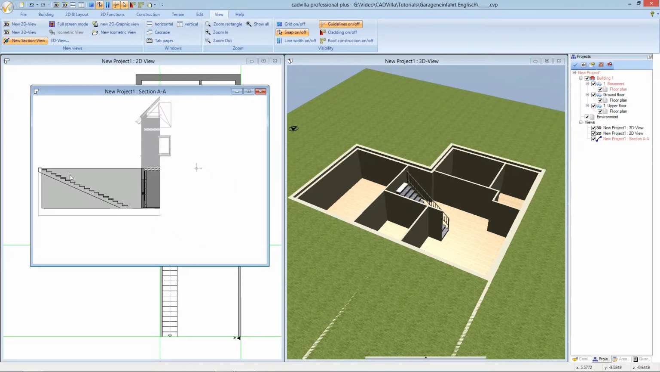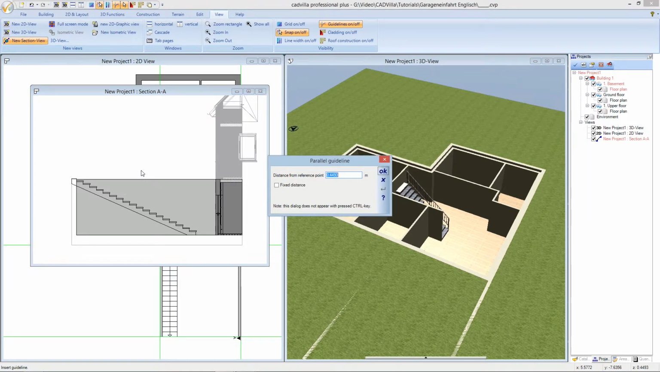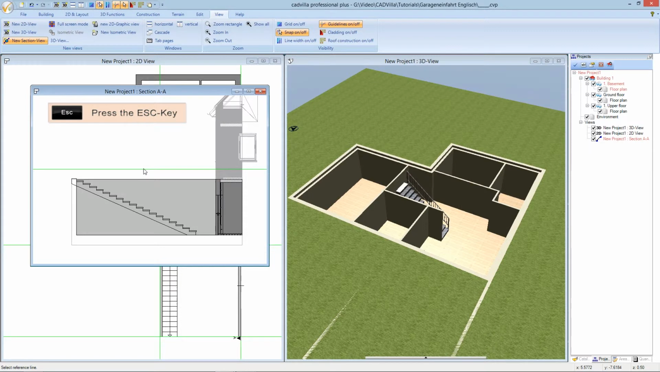Now we zoom into the view, and in the next step we will enter an extrude solid to cut out the terrain. Therefore we will use again the help of guidelines, so we press the shortcut P for the function Numeric Parallel Guideline. We enter the guideline from this line into this direction with a distance of, for example, 0.5 meters. After it we press Enter. We press Escape,